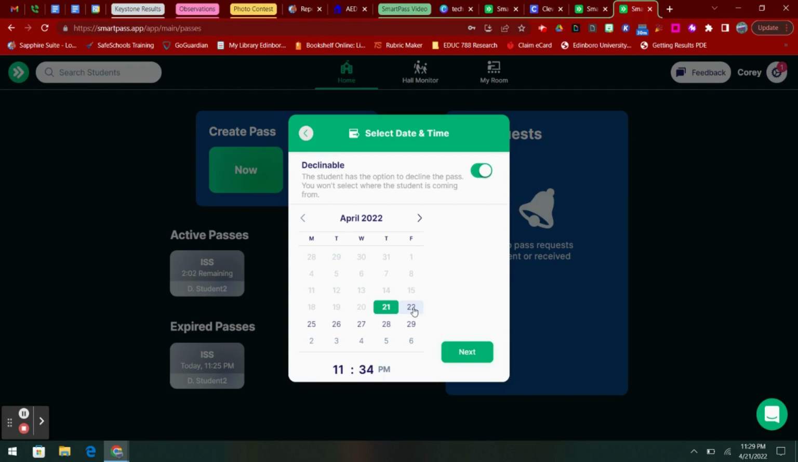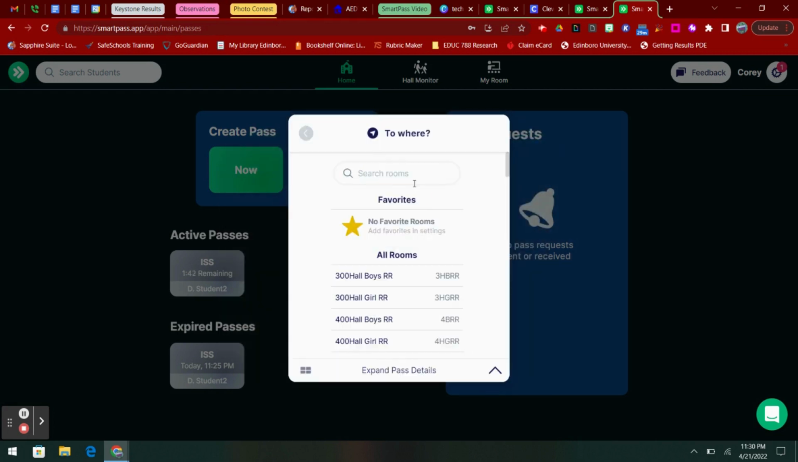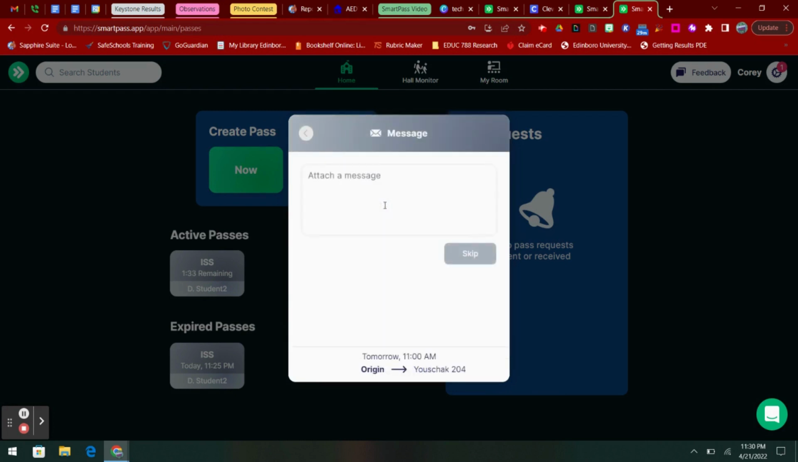So I would click tomorrow's date. Let's just go with 11 o'clock a.m. I can go ahead and then click, and it is declinable. You can change this if you want it to be mandatory. You can change it, but I can click next. And then again, where do I want them to go? I want them to come and see, let's just say that this is for Mr. Yushchek's math class. I can search for him and then just deliver a message and just say,